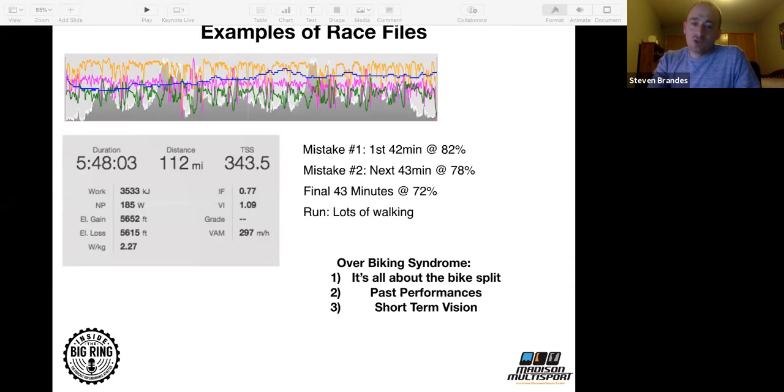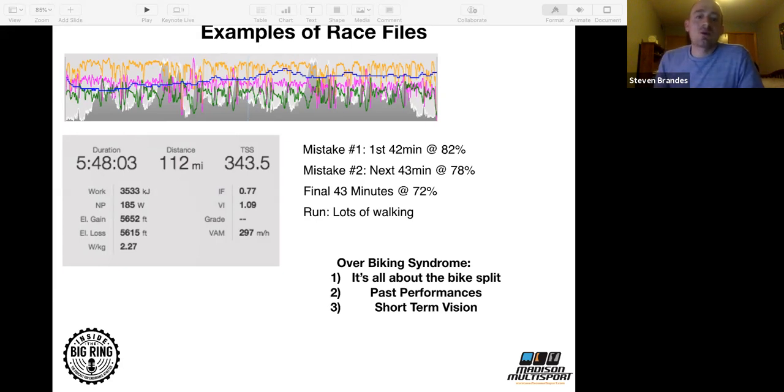But let's hope you get in before midnight. Ride 5:48. You going to run 5:48 or walk 5:48? You got to ride smarter. You got to pace it better. The fact that the first 45 minutes was at 85%, 82%, which is basically half Ironman power. 82% of your FTP is almost 100% glycogen you're burning through. And your goal for Ironman is to preserve glycogen, but you're going into glycogen right away.